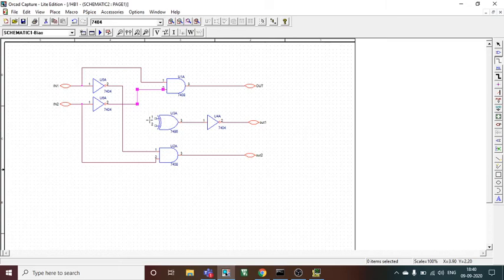Now next is this XOR gate, which I have used for A equal to B, and for that you have to give directly AB. So I can take IN2, that means which I am calling as B, directly from here and give it to this, and I can give this IN1 or A, which I am calling, from here. See, this connection is done. So all the circuit is complete.